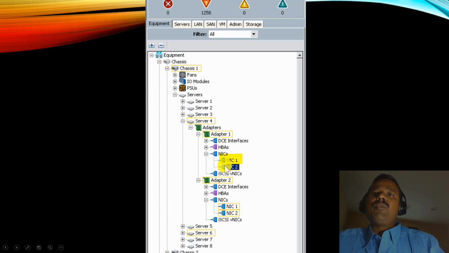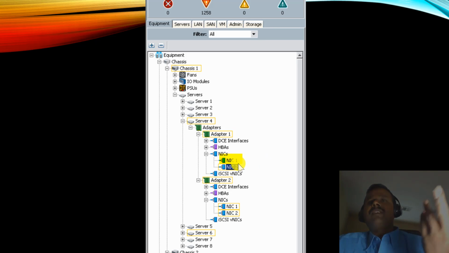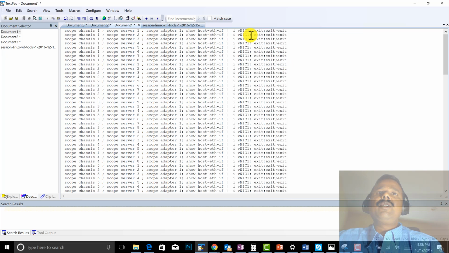I'm going to show how to grab the MAC address of this NIC. We need only one MAC address per node. I wrote this command to get the MAC address of the blades.